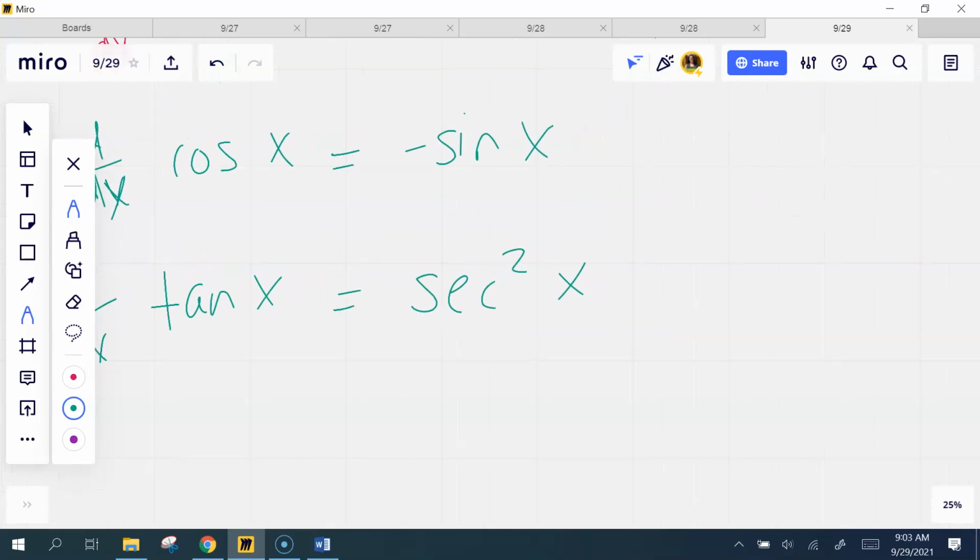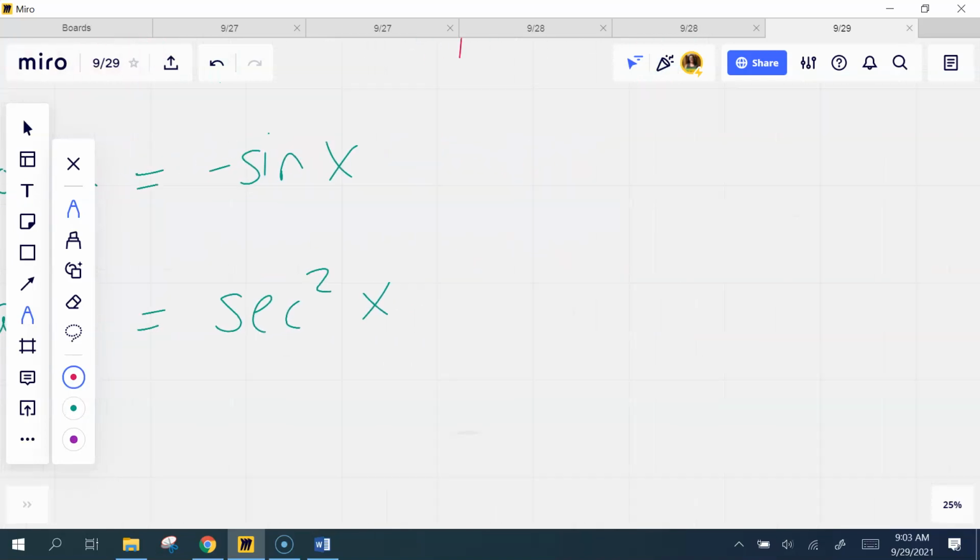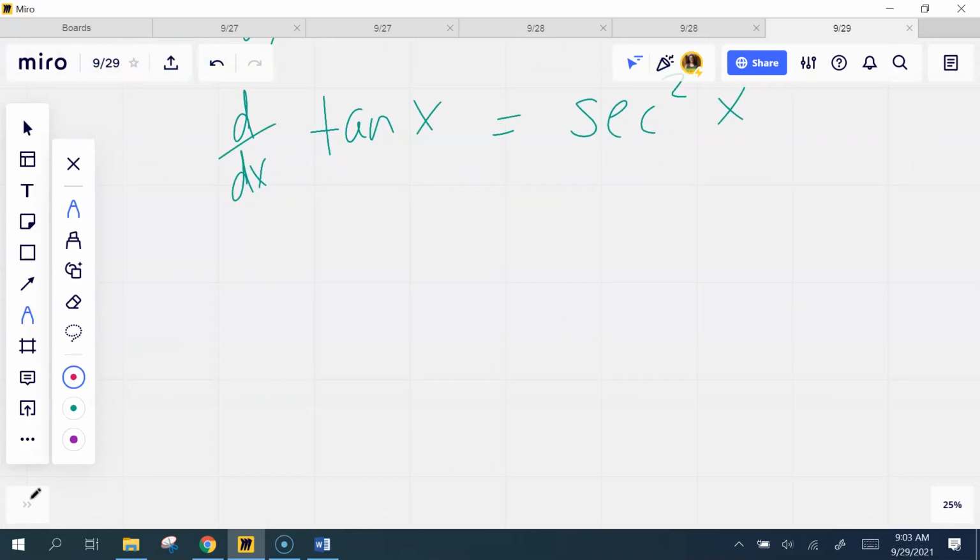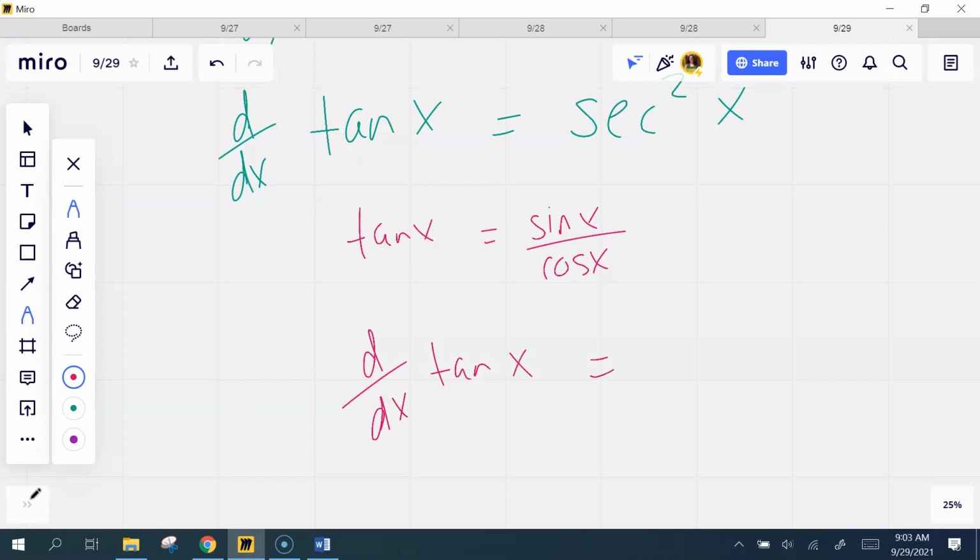The derivative of tangent. All right, what is tangent? Watch, we're going to do that one. Sine over cosine. Do we all agree? If I want to do the derivative of tangent x, use the quotient rule. Derivative of the top is what, Van? Cosine x times the bottom minus